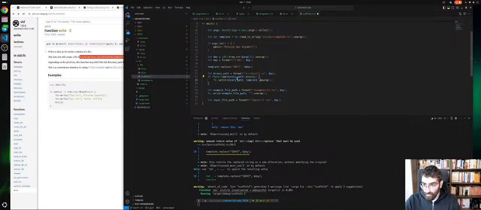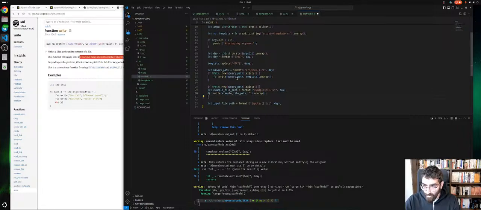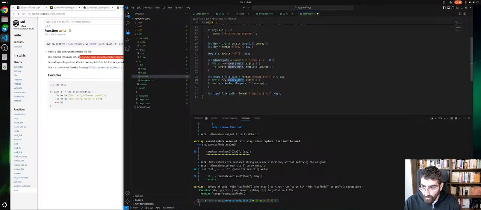Same thing for the example. We need to move this line up there and copy this. The example file path. Okay. As for the input, now we will call the